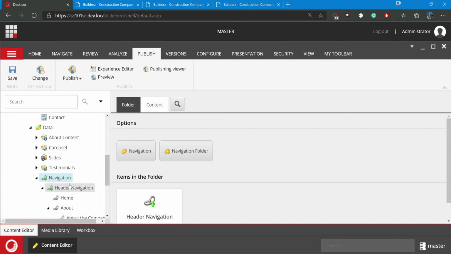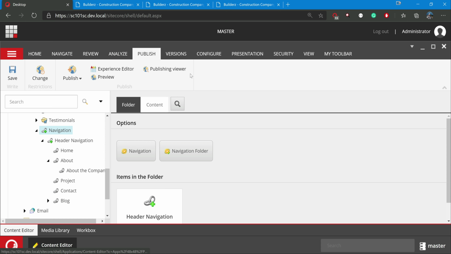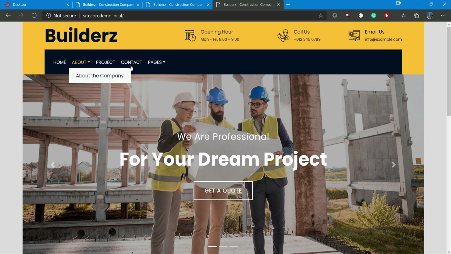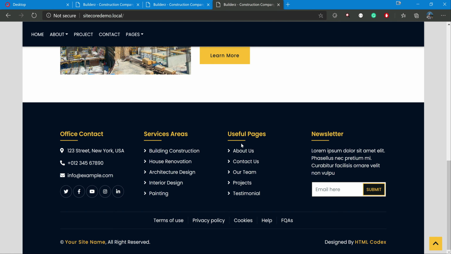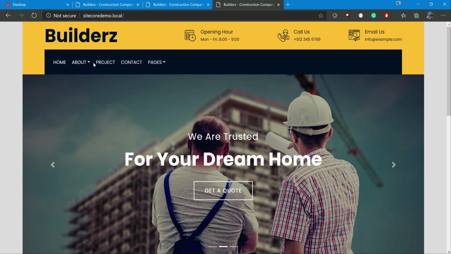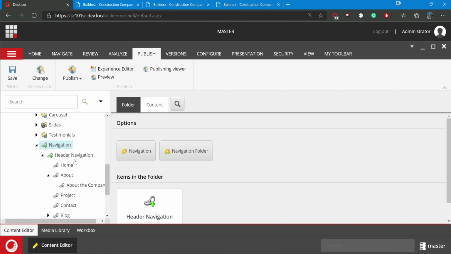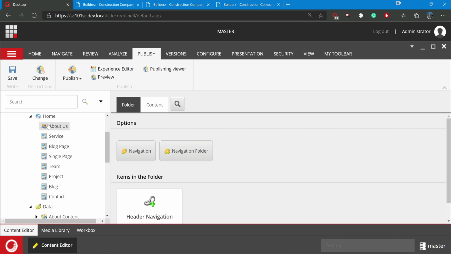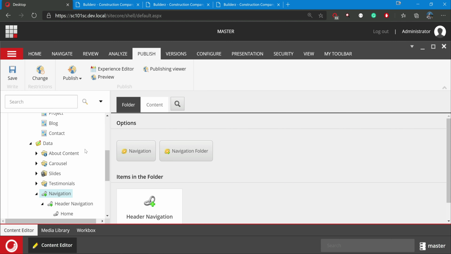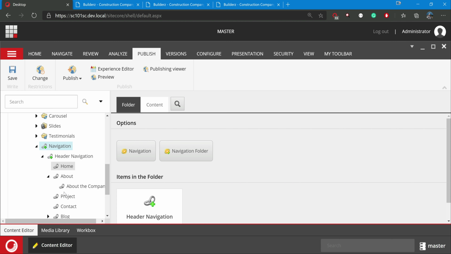But here navigation you will build according to your menu. So for the header we build in this way. If you go to footer, you can build in another way. Maybe you have a somewhat different order and maybe something else you want to show. So that is the flexibility of the data source approach. But again, the trade-off is content authors need to come here and build those extra items, compared to just adding the page here. They need to come and add the items here as well.